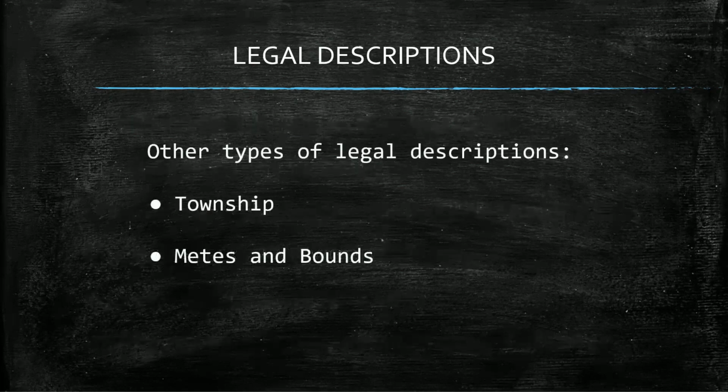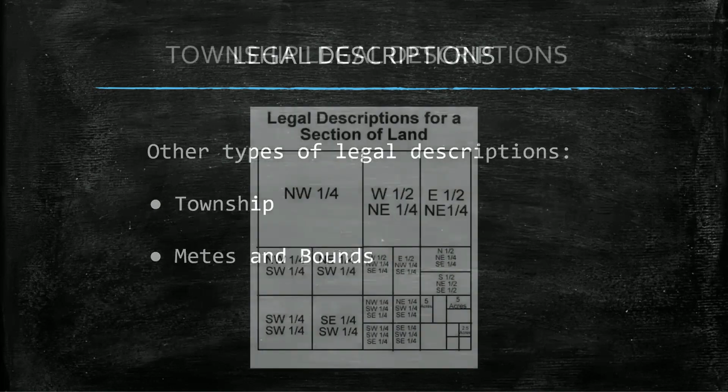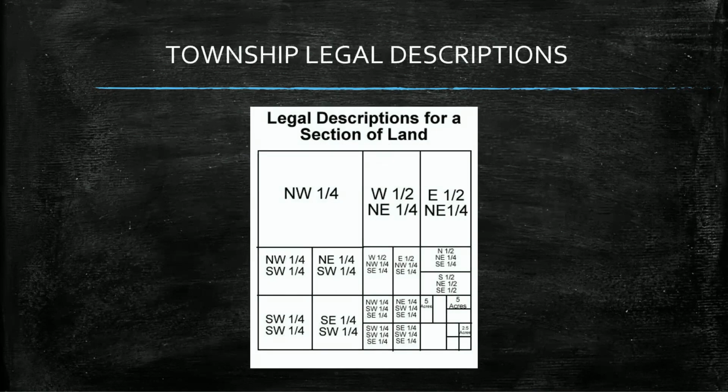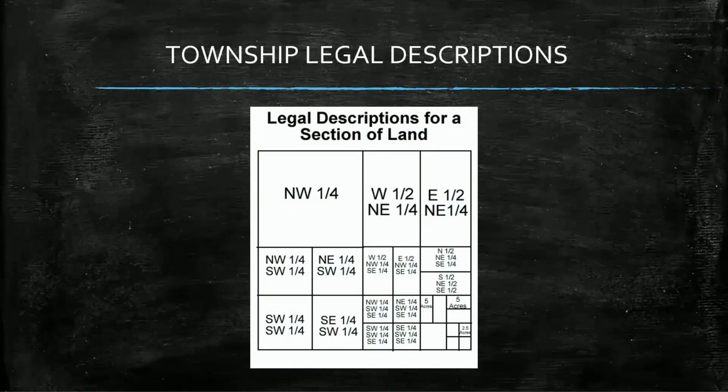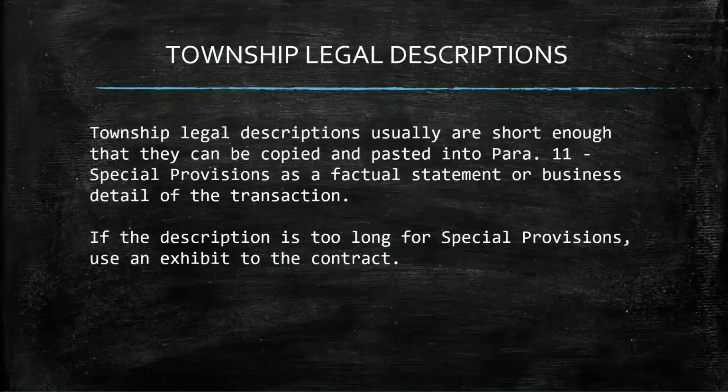Now we're talking about the other types of legal descriptions, the township system and the metes and bounds. Township, you probably remember from your nightmares of real estate exams. You know, here we're talking about the southern half of the northeast corner of the west quadrant of the, you know, whatever. And they get really long. And for me, I had to literally draw out pictures to understand what they were talking about. Well, these are not going to fit in your lot and block descriptions